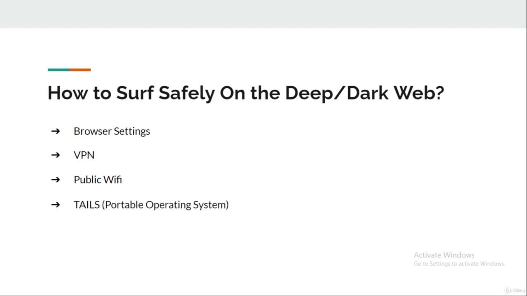Tails, the Amnesic Incognito Live System. Actually, we had a whole lecture on this topic. Tails is an operating system installed on a hardware device like a pen drive or a CD-ROM, and it comes with all the applications required to access the deep dark web. Its main plus point is that it does not store any kind of files. All the memory used while using Tails is handled in the processing unit of the computer, due to which whenever you eject the device containing Tails, all the memory related to the dark web is deleted in the computer as well as in the hardware device. So it's the safest way so far to access the deep dark web.